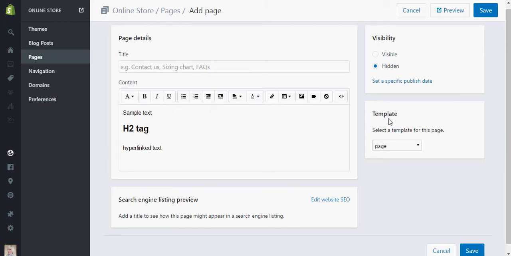Beneath here is a template you can use. So for example, for a standard policies page, it's advisable to use just a page. If you are creating a contact page, you can select page.contact, which automatically will insert a contact form within this page. But because we are going to create a full-size sample page today, I'm going to show you how to do it. So we're going to select page and then